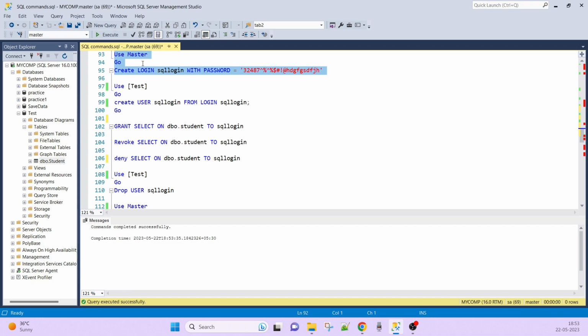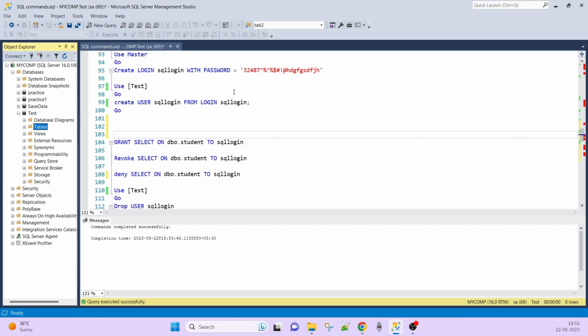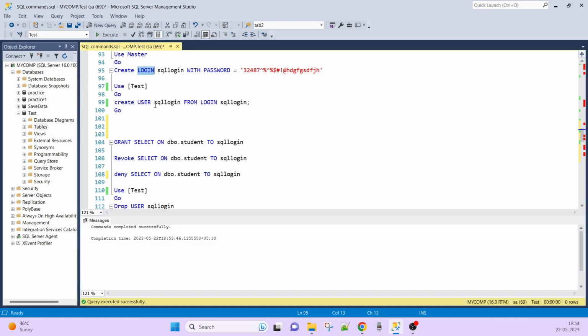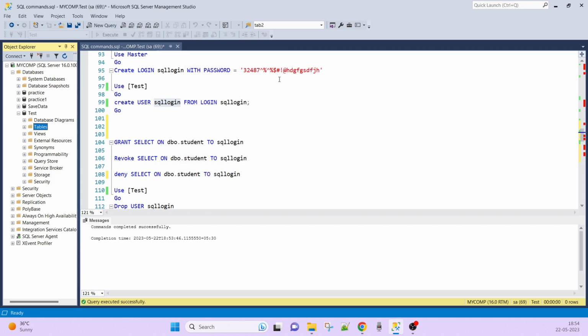Here is the master database and I'm creating the login as a SQL login with his password, correct? First of all we have to create the login and then we have to create the user. In the upcoming session I will take a security session on it, where from a complete security point of view I will cover all the things like how to control the permissions. So first of all I created the login, then I created the user, then next I have to log in to the particular database. Then what I have to do,